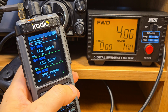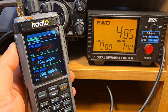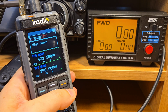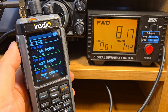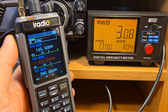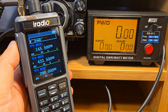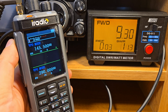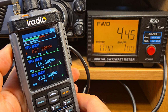4 watts, medium power around 5 watts, high power around 8 watts. 70 centimeters band low power 3 watts, medium 5, high power 27 megahertz, maximum transmission power 4.4 watts,